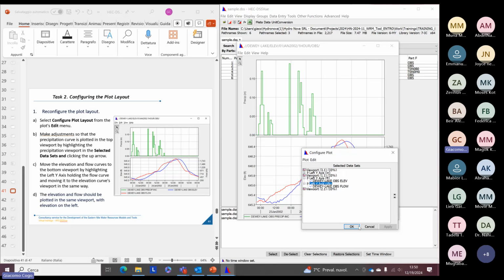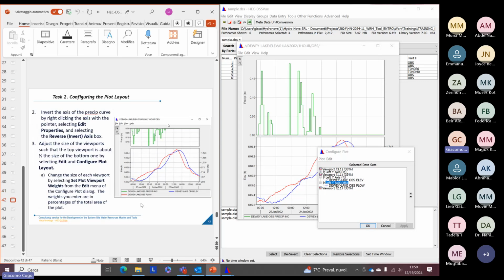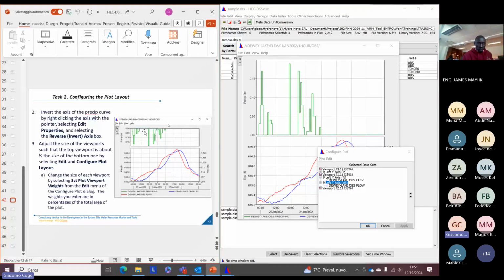So we did this. And the next step, that's about some modification to the graph, is, for example, here that we would like to invert the axis of the precipitation curve, this green one, in order to reach the same result as this image in the presentation. So to reverse it,